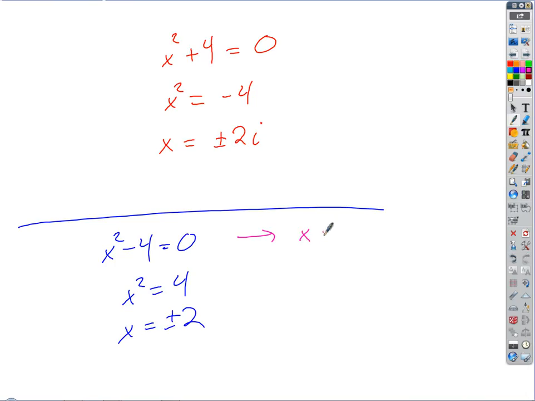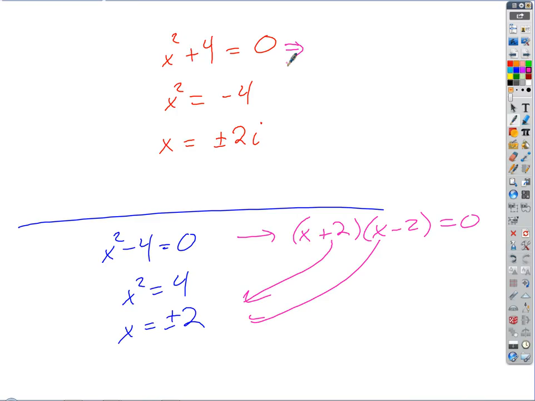But we could have factored that as x plus 2 times x minus 2 and gotten my same two solutions. How could you do that up here? Anybody know? How could we take this guy right here and factor it? Doesn't factor, right, for real numbers. Close. There is no pattern for a sum of squares. Okay, those are gonna be the factors, and one way you know is